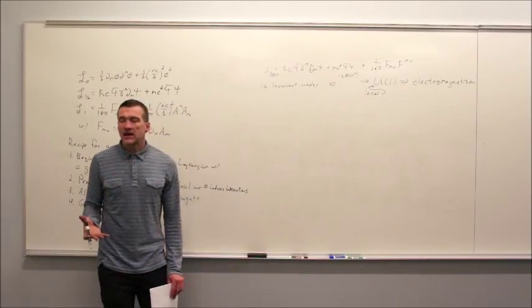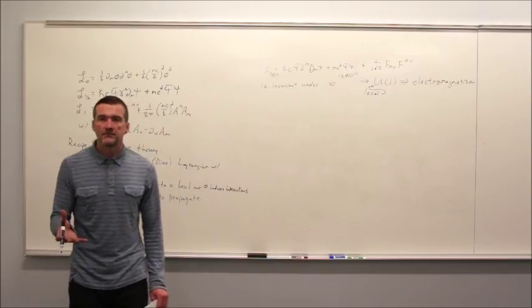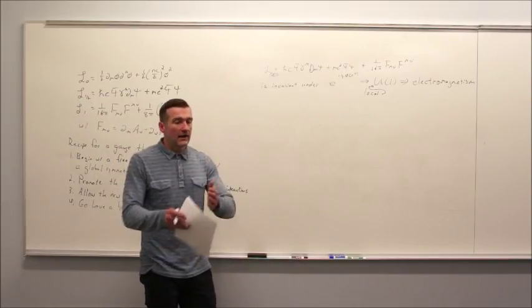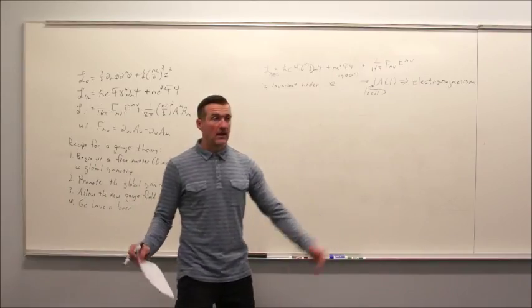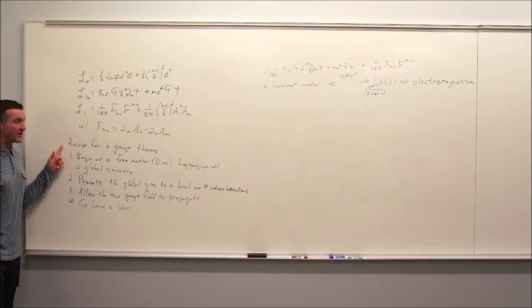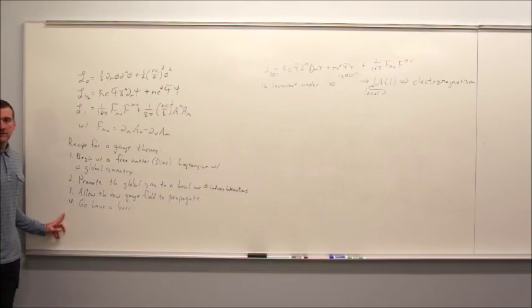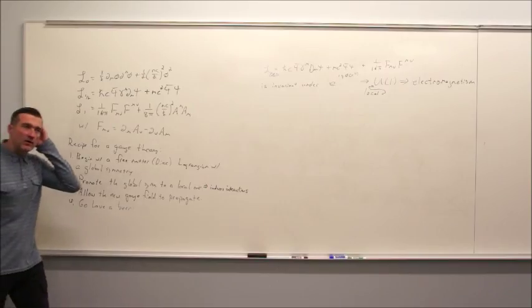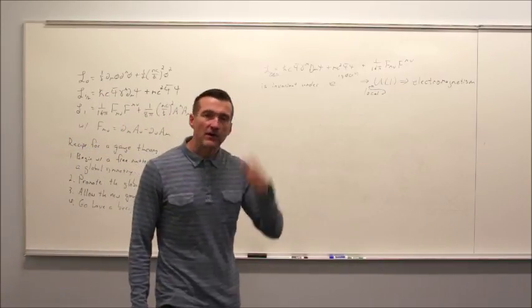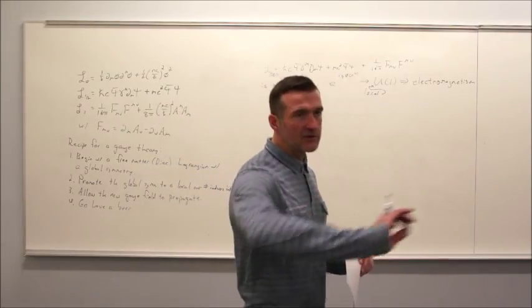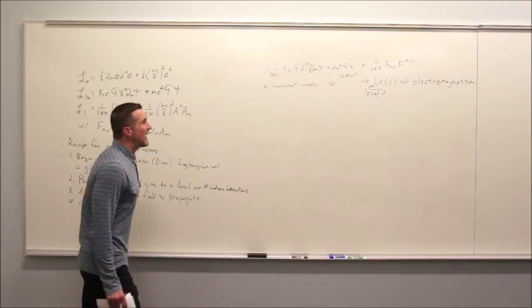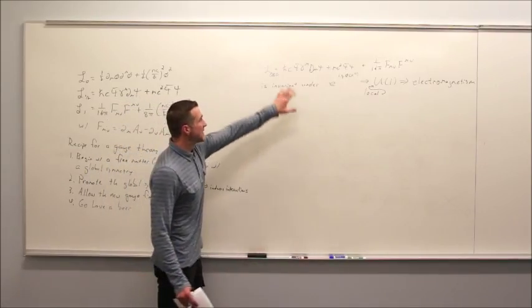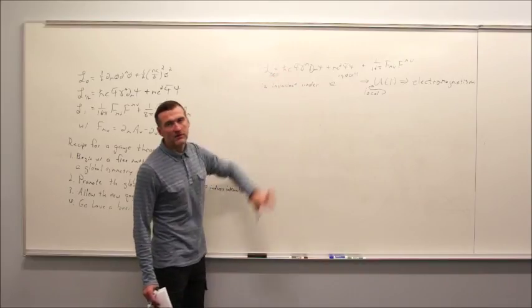But this is it. The punchline of this is that electromagnetism, and more importantly, the form of the electromagnetic Lagrangian, is completely determined by this recipe. Now that might not seem familiar to you, like you studied electromagnetism in Physics 200, you looked at E fields and B fields and charged particles, and you let the charged particles move and you got B fields, and you looked at Ampere's law and Gauss's law and all this crazy stuff. And you might have loved it in that form, and you might have seen it in this form, and you might have hated it in this form, okay?